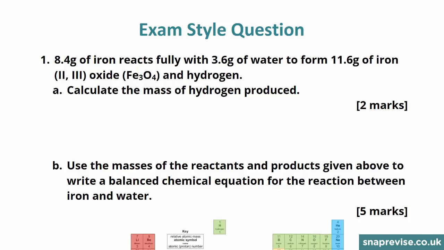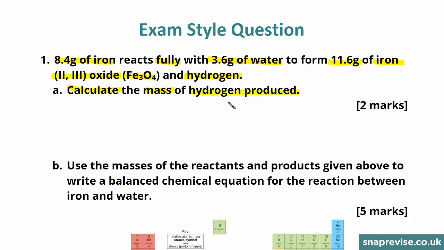In this question we're told about an experiment in which 8.4 grams of iron is reacted fully with 3.6 grams of water, and this produces 11.6 grams of the product iron 2,3 oxide, which has the chemical formula Fe3O4 and just contains both iron in the Fe2+ and Fe3+ states. The other product in the reaction, we're told, is hydrogen, and in part A we're asked to calculate the mass